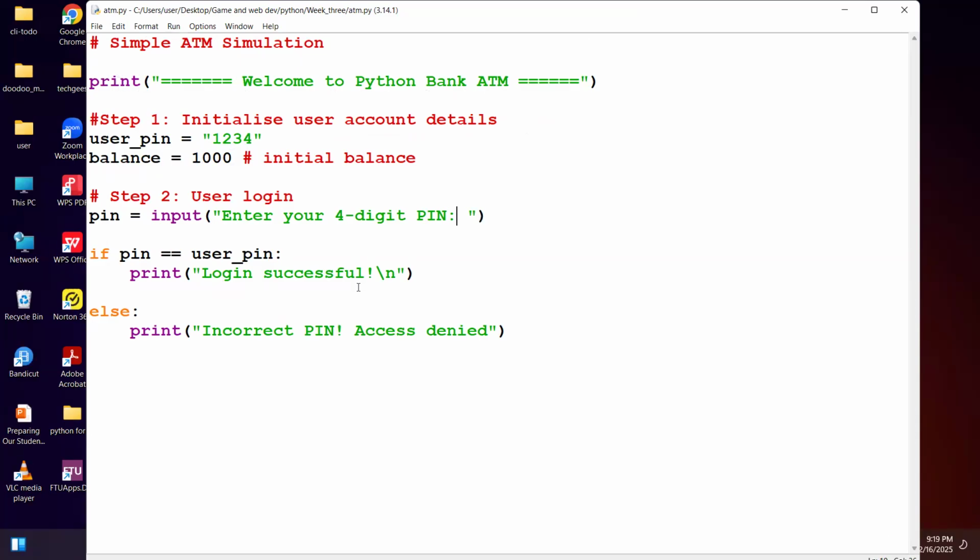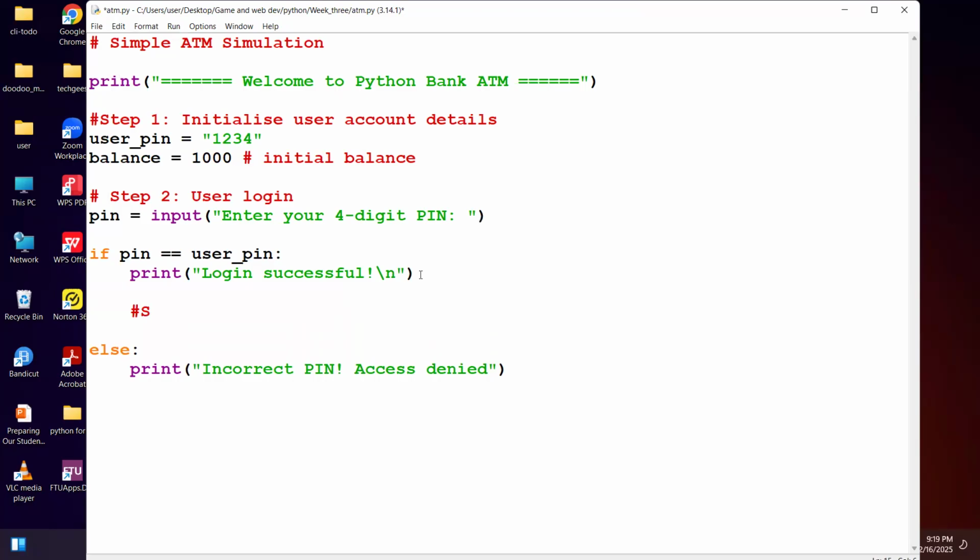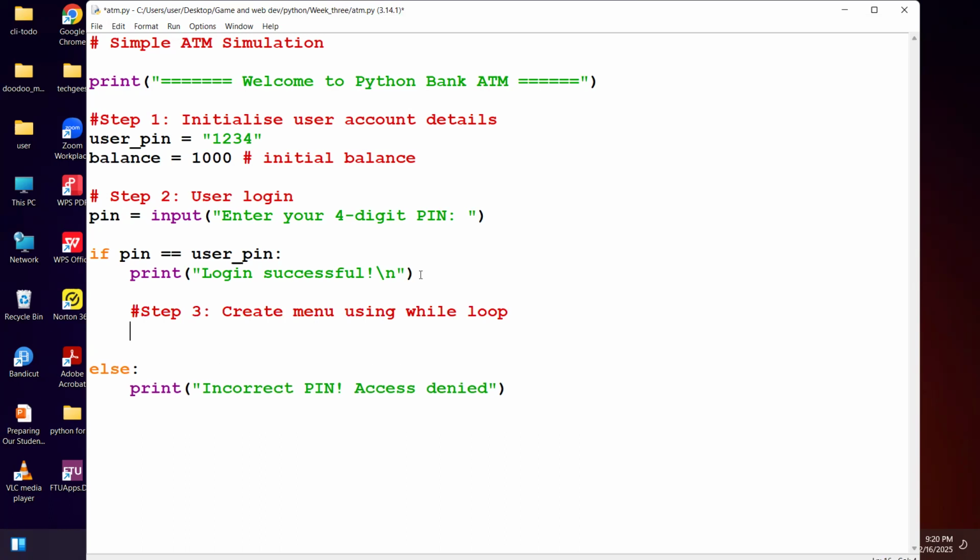So when the user successfully logs in, what are we going to do? Step 3 is that we want to print the menu for the user to see. So step 3, we'll create the menu using a while loop. All right, so as long as the user does not hit exit, we want to print this. So we'll say while